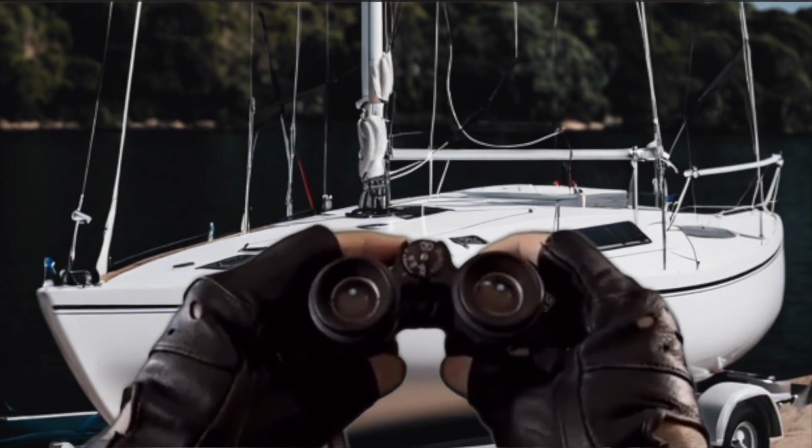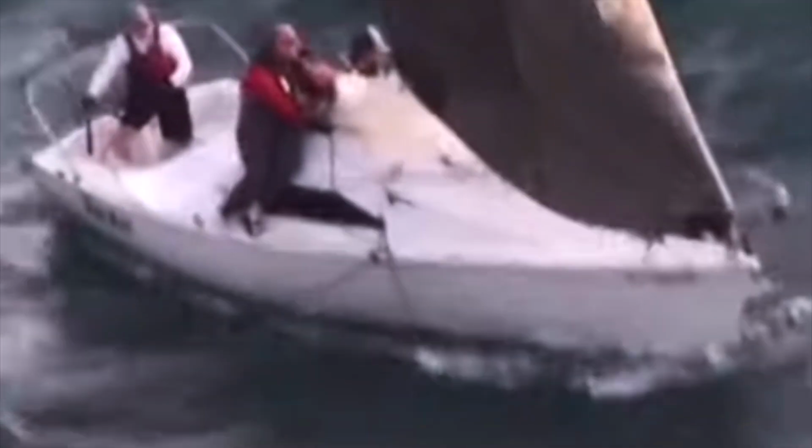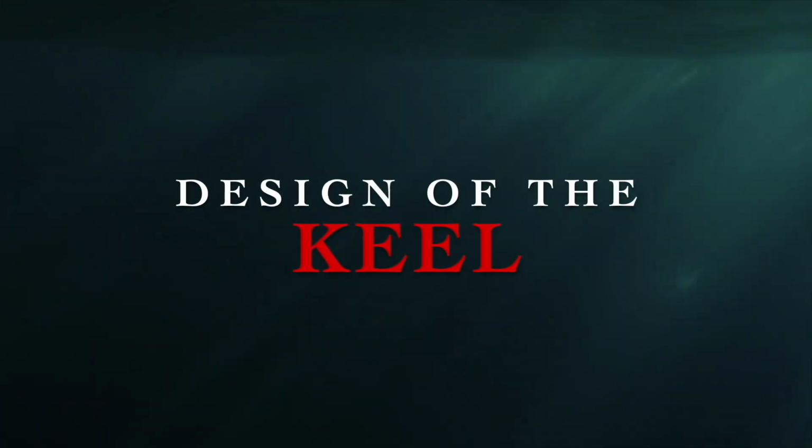Your 15 to 25 foot sailboat may not be heading out to sea, but it's highly likely that you'll be crossing a large lake or bay. Having the best designed and equipped boat can be a lifesaver for those times when you have to claw yourself out of a bad situation. Having an understanding of how the key components of a sailboat work in conjunction is key to getting the most